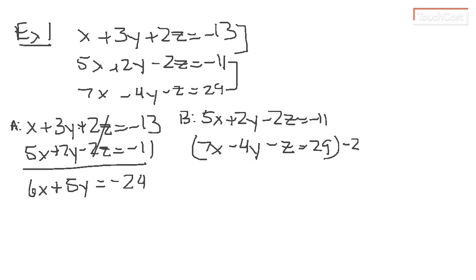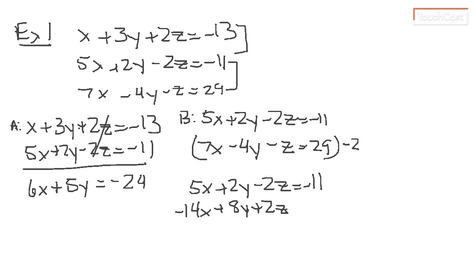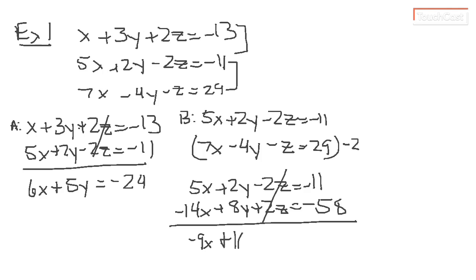So I'm going to rewrite this step B. We're going to have 5x plus 2y minus 2z equals negative 11. And then we're going to have negative 14x plus 8y plus 2z equals negative 58. And now we can just add going down because our z terms will cancel out. We'll end up with negative 9x plus 10y